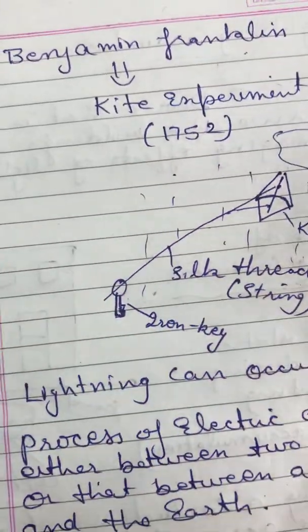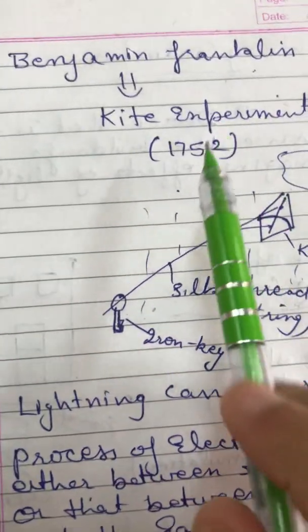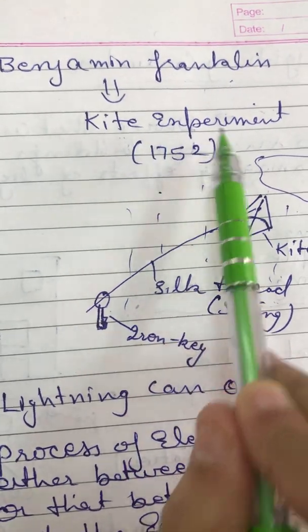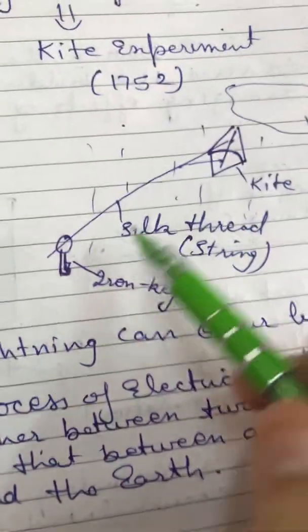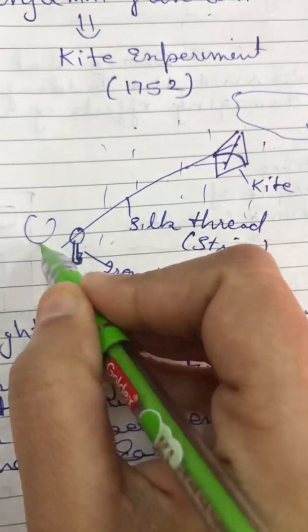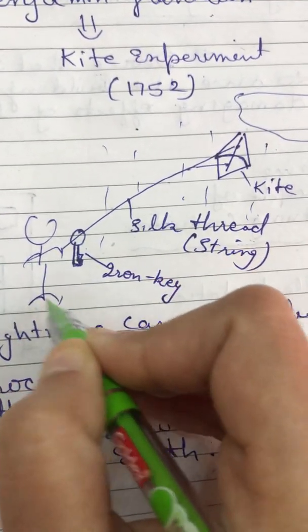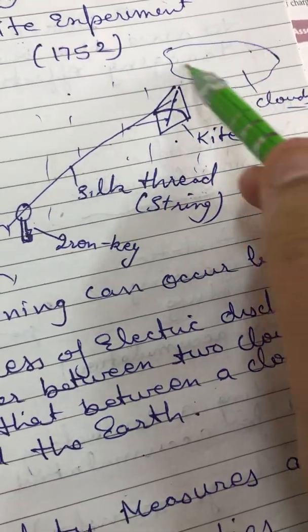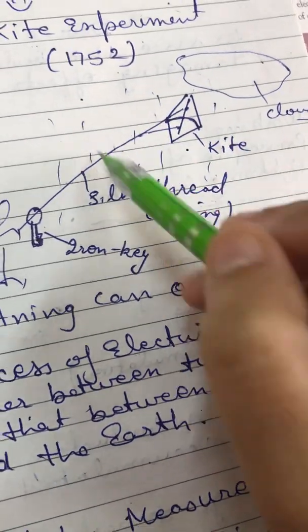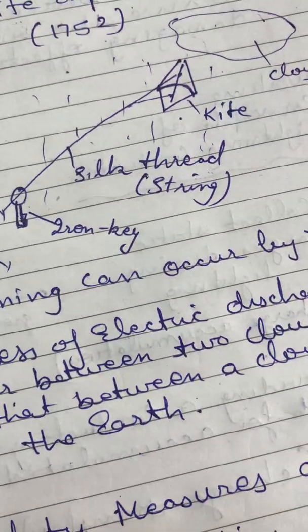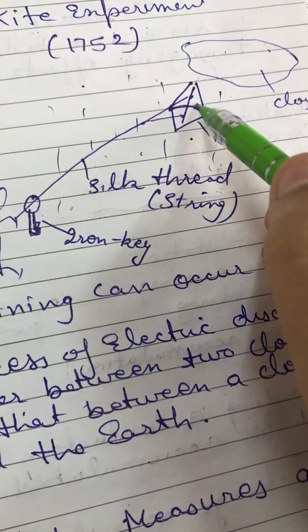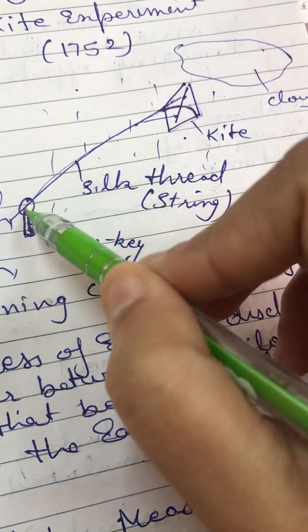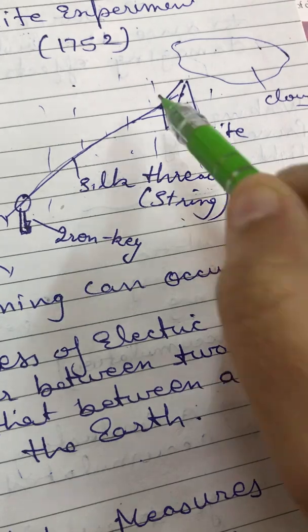Okay, who invented the lightning spark or static charge? What he did, a kite experiment in 1752. He flew a kite, for example, he is Benjamin Franklin. He flew a kite in the rainy season. Okay, there is some kind of rain there and thundering is there. So what he did, he flew a kite and he used a silk thread or silk string, and one end